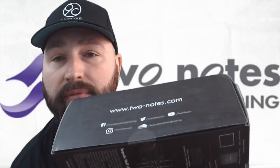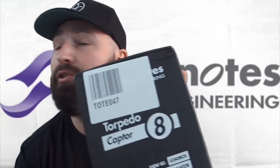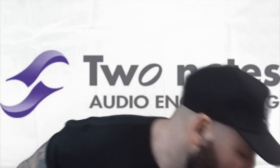It's sealed, because my worry was that they were going to pull a demo one. You can see it's sealed. I was really worried that they were going to pull a demo one off somewhere and send it because they knew a guy was waiting and had already paid. But they've not done that. Now, I'm going to big up Andertons, and the reason for that is because their delivery service, which is...